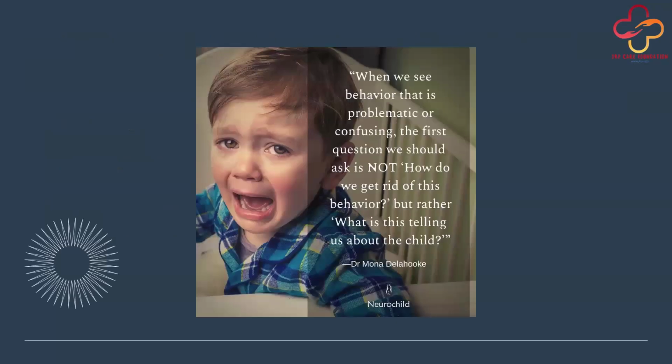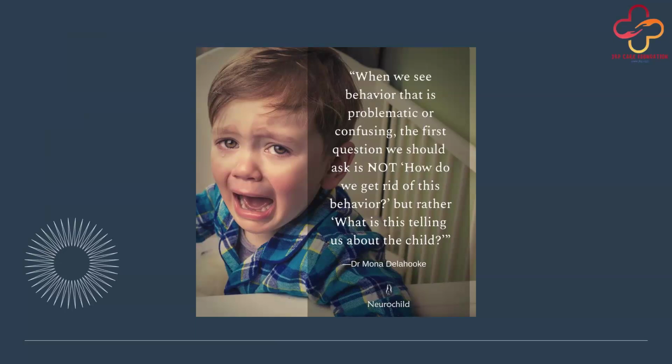When we see behavior that is problematic or confusing, say socially not acceptable behavior, the first question we should ask is not how do we get rid of this behavior. Many parents come to me and ask, the child is doing this behavior, how to get rid of it? But rather, we need to focus on what this behavior is telling us about the child.